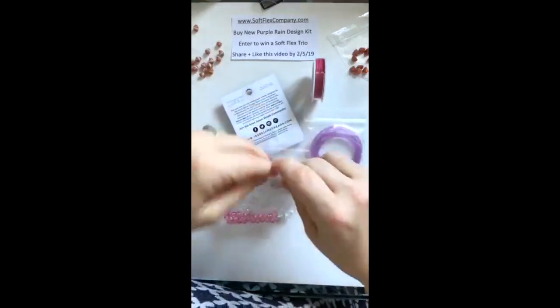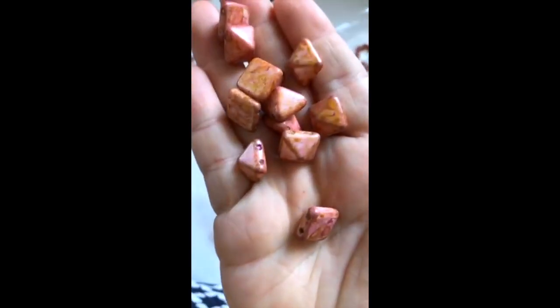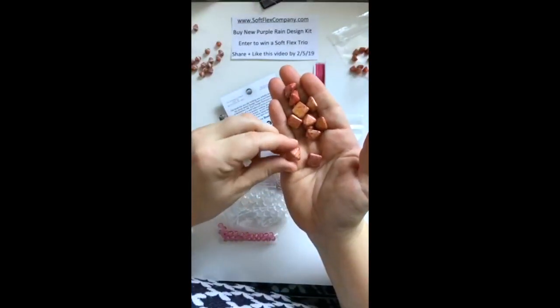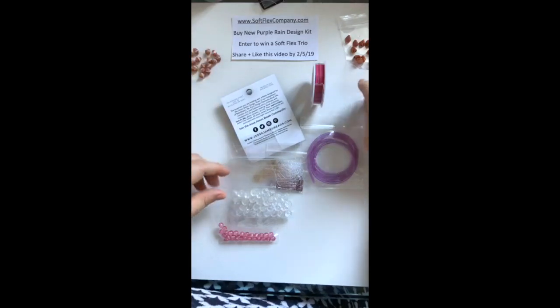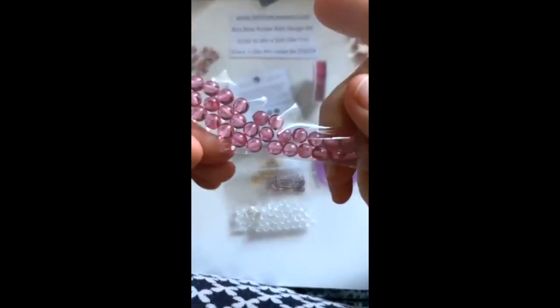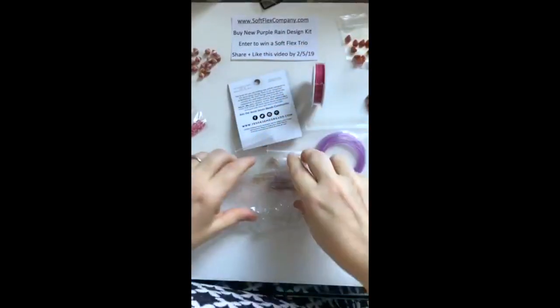And then I thought these would be super fun because they have two holes. And you know, I'm always a sucker for a two-hole bead. And they actually have little spikes, which I thought was really cool. So I'm really hopeful we can use those in something today. Let's see, what else do we have in here? We've got some beautiful pink rounds, which are going to be great for